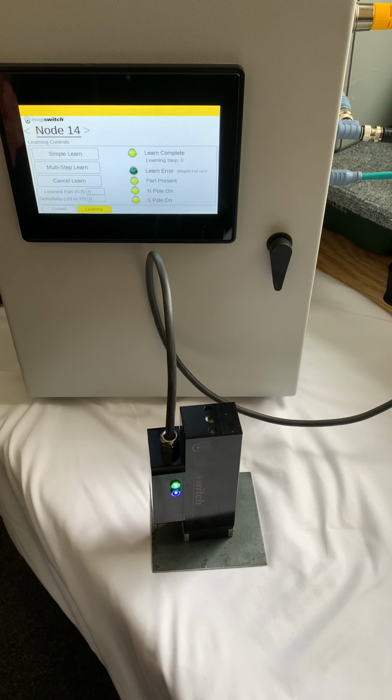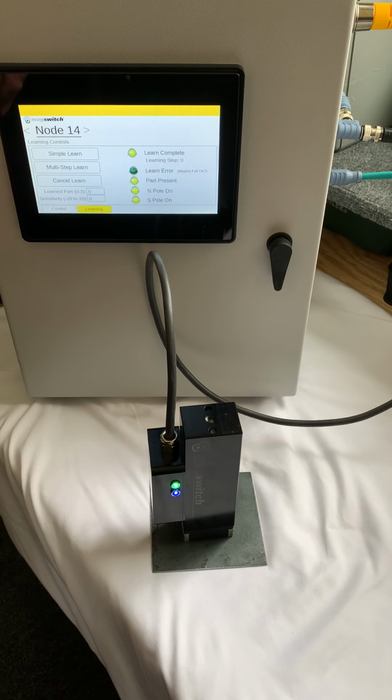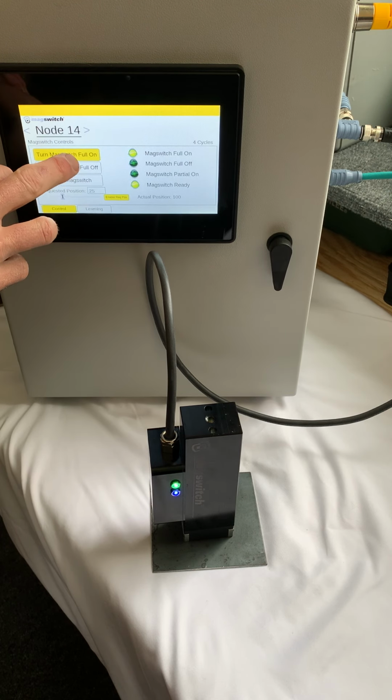So why this is important is when the Magswitch on the E-30 unit is in full on condition, it will give you a part present as an output. So you can verify that even though your system was picking up at 25% or whatever percentage you needed to get one piece off the stack, you do indeed only have one part present, and I'll show you how this works. So if we come back to our control here and we go fully off,